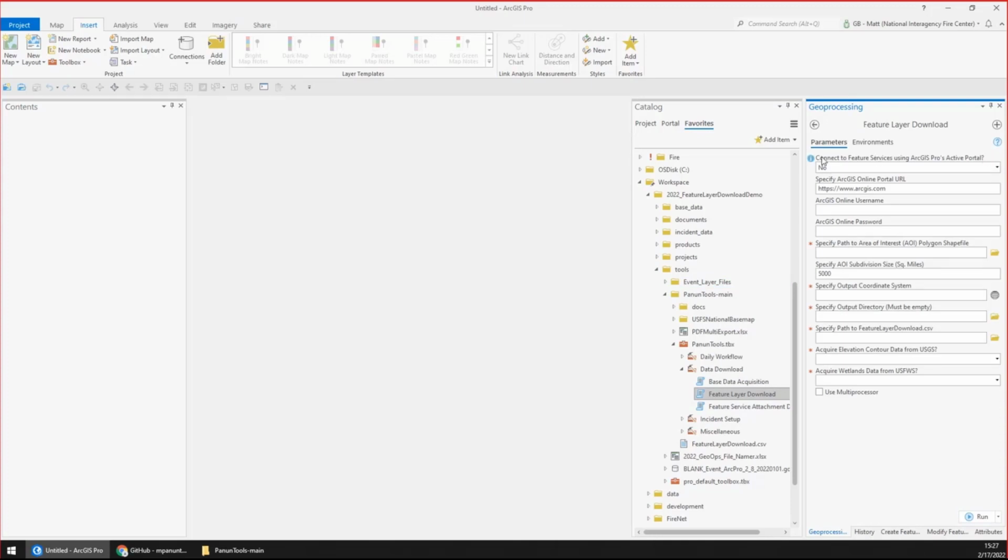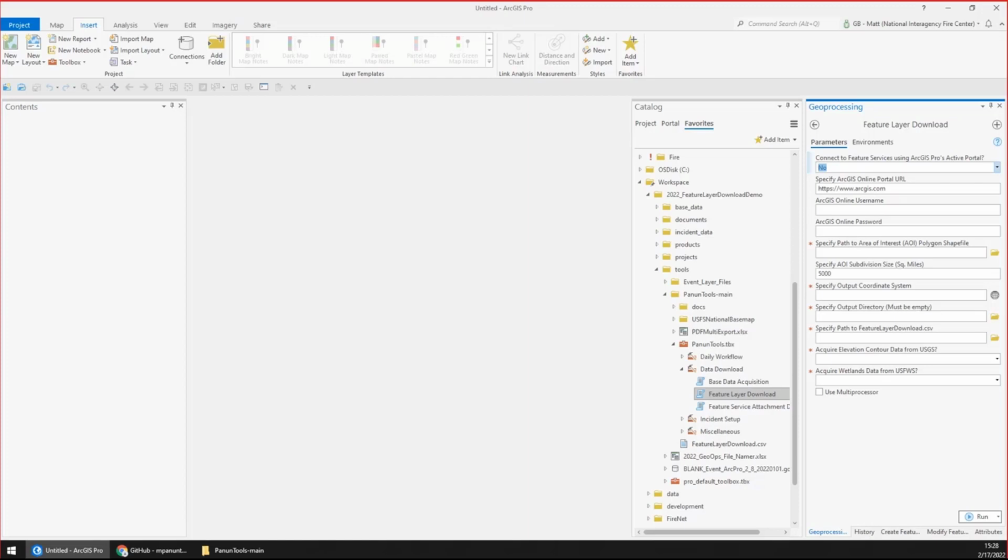The first parameter is to connect to the feature services using ArcGIS Pro's Active Portal. This is a question, yes or no. If the user wants to download data from services that are hosted within organizations that use more robust authentication methods, that's what this parameter was primarily designed for. For example, the BLM uses SAML accounts which are tied to our Active Directories. There isn't a username or password for us to enter. BLM users, we just need to log into our computers using our PIV cards. Once we've done that, we basically have automatic access to the BLM organization.